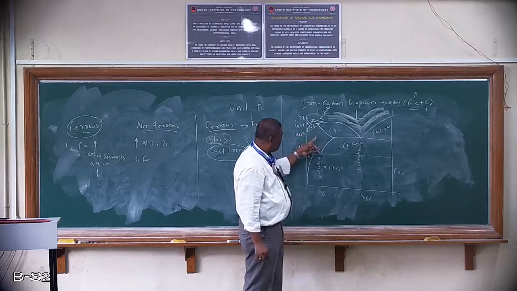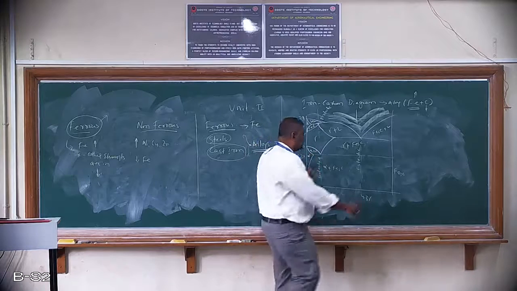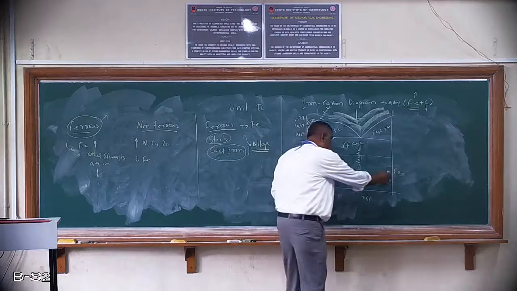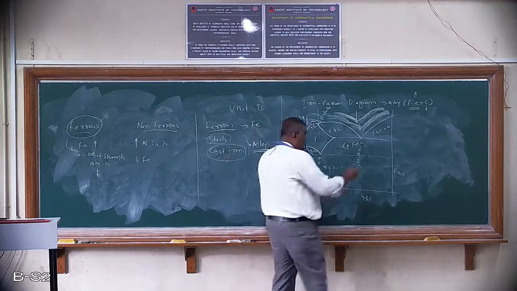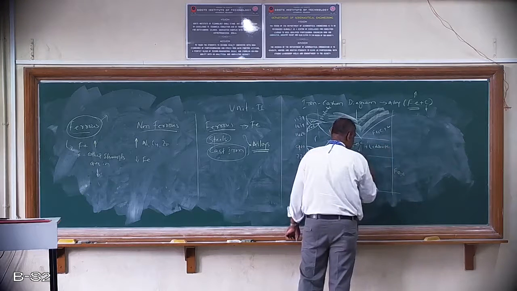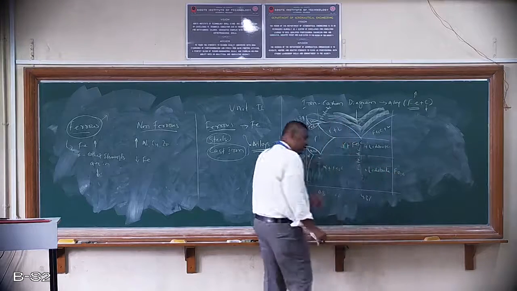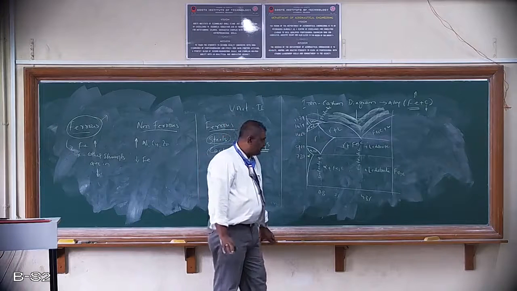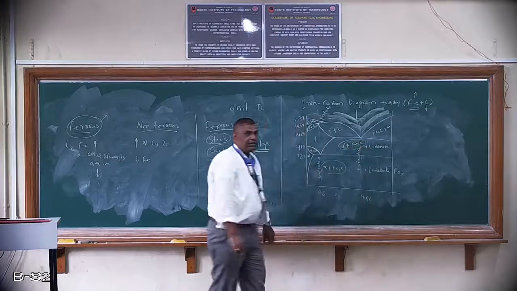This region comes between the austenite and the ferrite phase, so this is ferrite plus austenite. Here this side is austenite, this is ferrite. This region from here to here is the region of ferrite and cementite. Some people even call this plus ledeburite also, but generally ledeburite is not a very popular phase, hence it is not considered. So generally they call this austenite plus cementite, ferrite plus cementite.